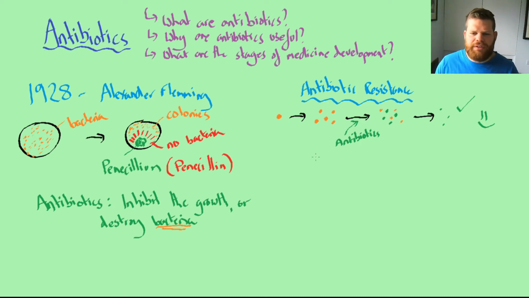Now, let's have a think of another scenario. Here's our bacteria. That bacteria starts to divide. And as it divides, we end up with a mutation. Completely random mutation. But what that random mutation gives is like a new slime coat around the outside of the bacteria. So this time, when we put in the antibiotics,